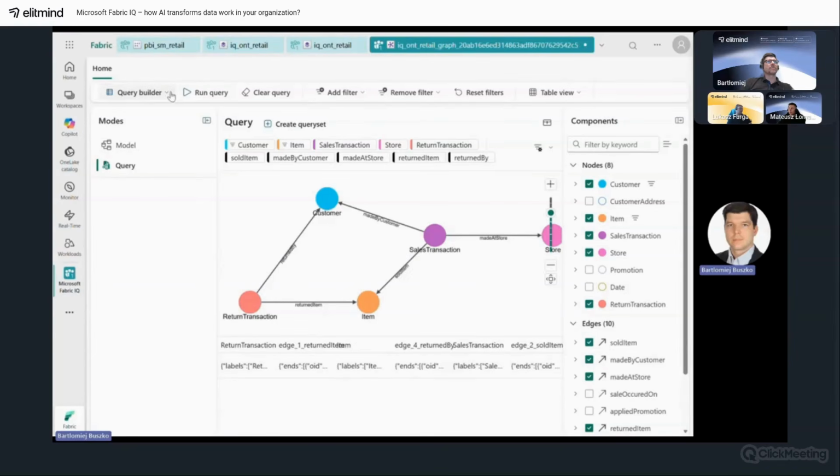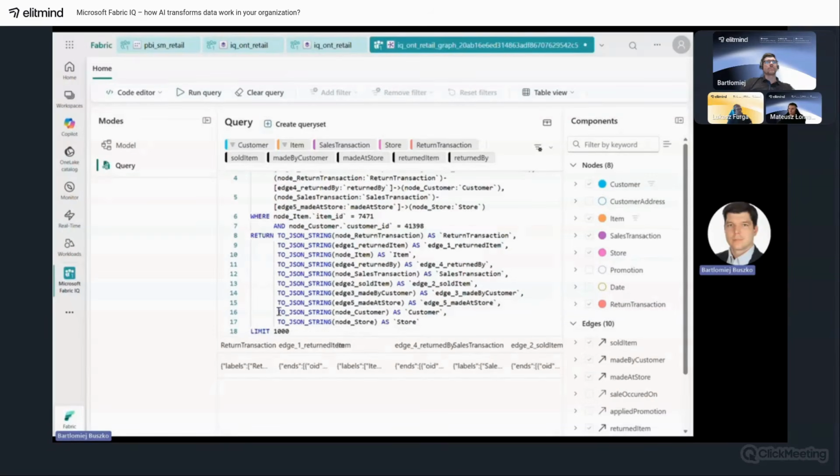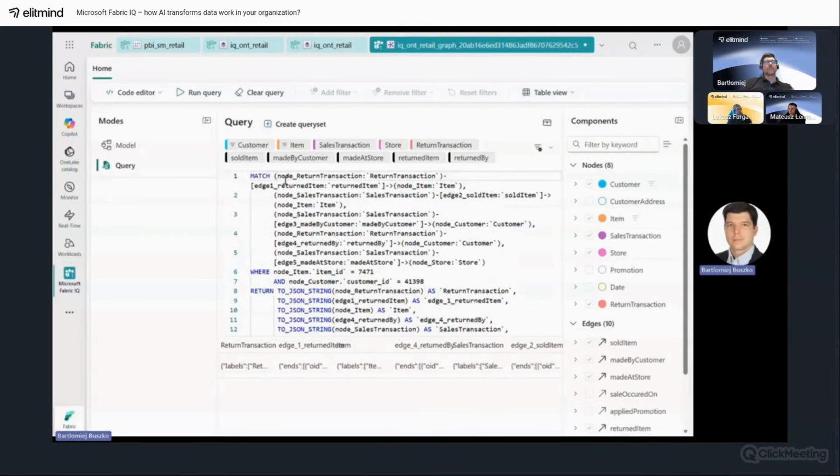This query can be also presented in a code editor, and it can be modified here. And in fact, the data agents translate the natural language in which we ask them questions to the graphical query language, which can be seen here.